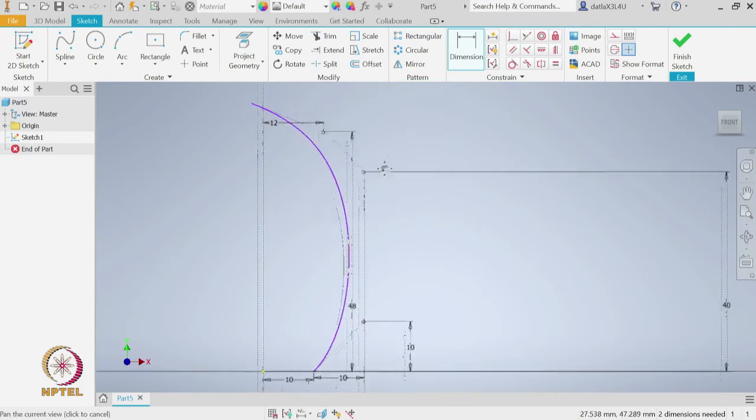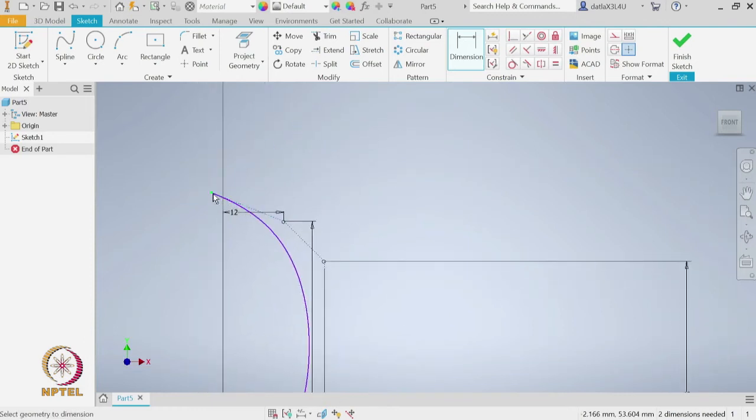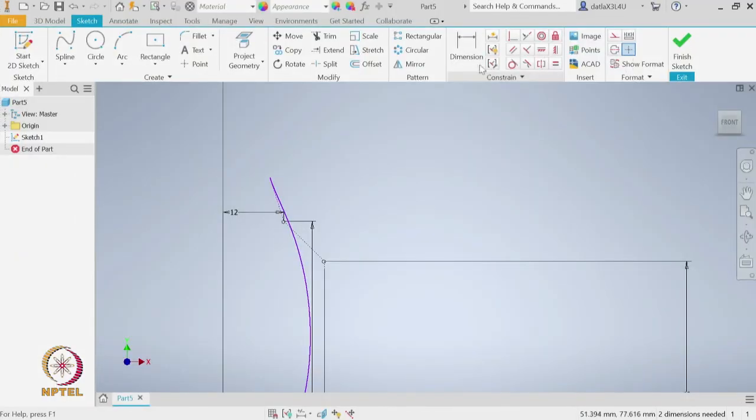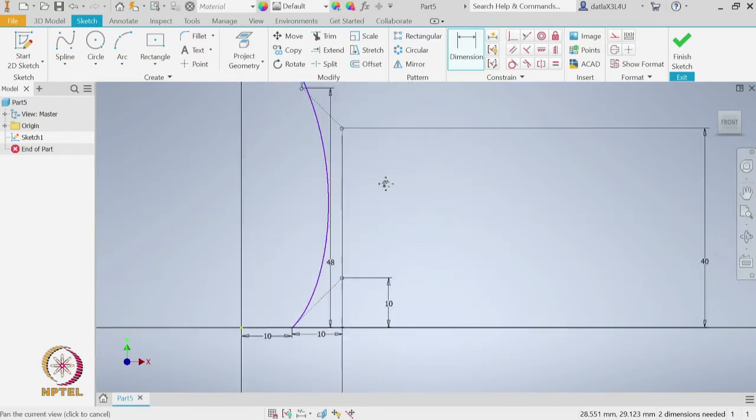Okay. So, for the last point let me first move the point closer. Now, I am moving the last point, just trying to bring it closer, but we will go back and see what the coordinates of it are. So, we see that the last point coordinates are 12 comma 58. So, first let us dimension the y and say it is with the origin making 58.